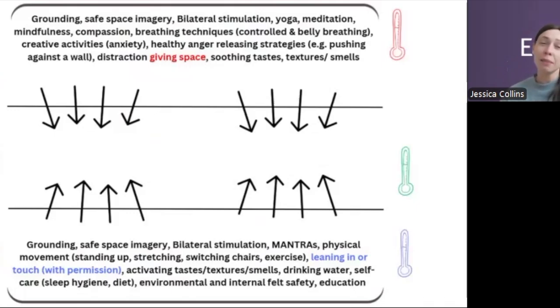And I suppose over time we want to support them to name that shutdown state. So, you're noticing it's hard to stay present. You might feel that your nervous system is trying to protect you from going quiet and shutting down. What can we do to help speed your nervous system up again? Some of this language around your nervous system can be quite helpful to get people thinking in a different way.